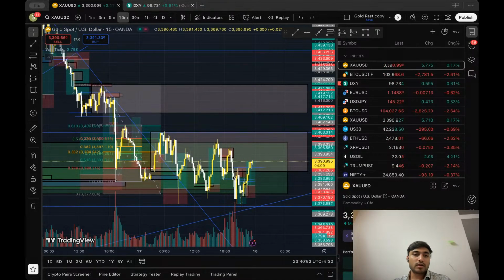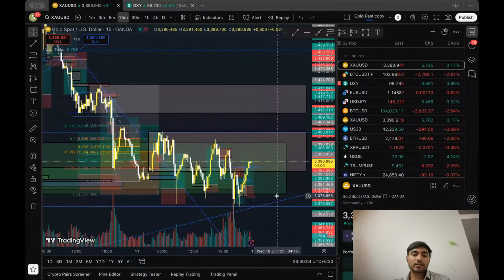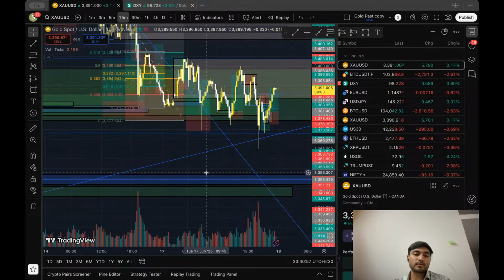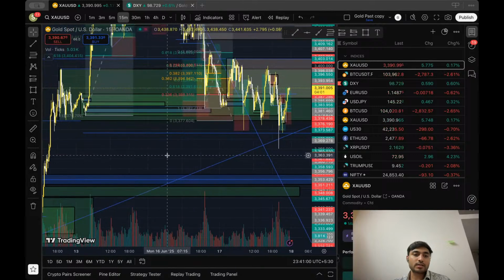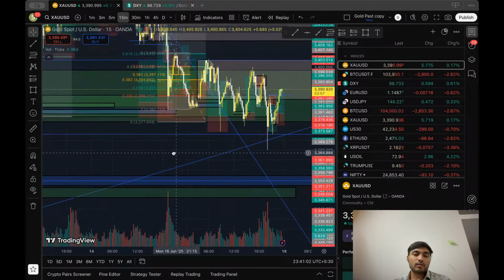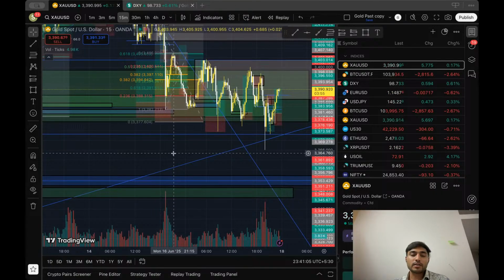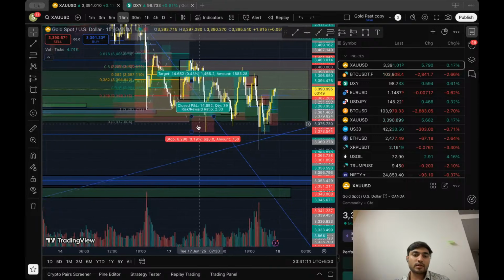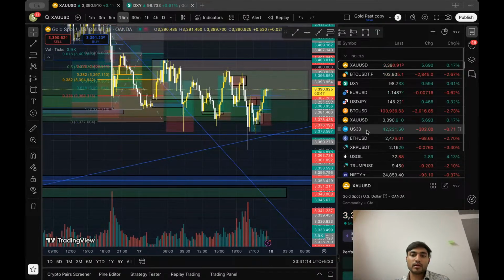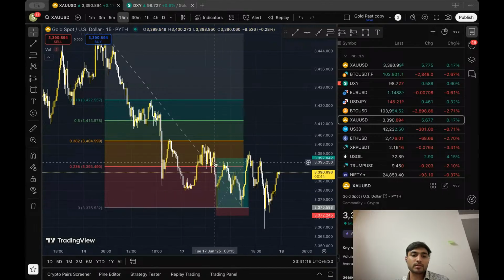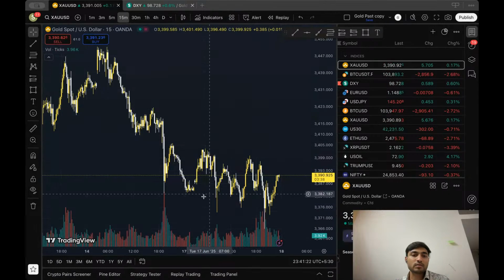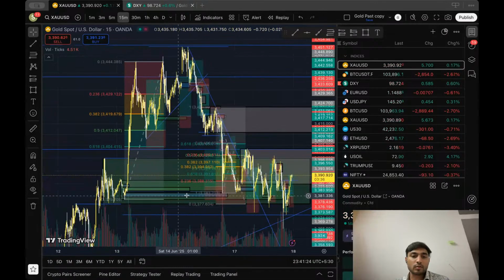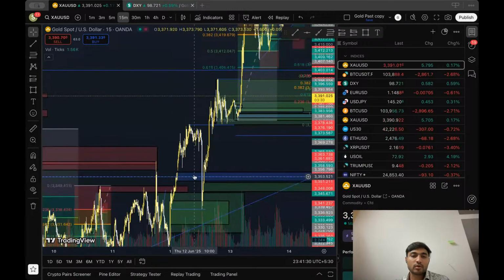Long session, but it was worth it. Understanding consolidation, what to trade and what not to trade, understanding the new strategies. Let me tell you what strategies we have defined till now. We have defined Fibonacci manipulation. In a different chart, I was explaining the Fibonacci manipulation. And the magic blocks: whatever we've drawn in blue color, those are magic blocks.